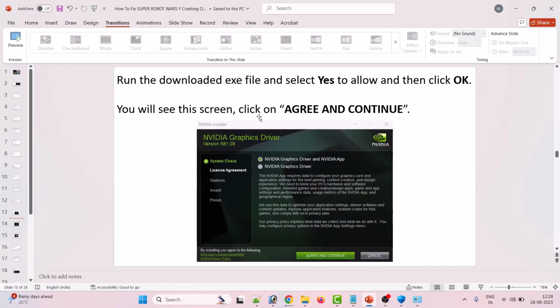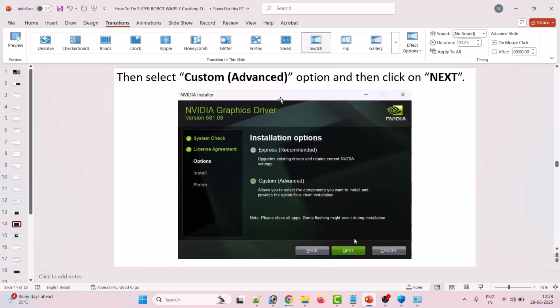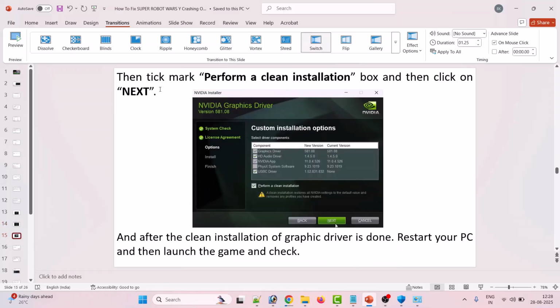You will see this screen. Click on agree and continue. Then select custom advanced option and then click on next. Then tick mark perform a clean installation box. Remember this, and then click on next. And after the clean installation of graphic card driver is done, you can restart your PC and then launch the